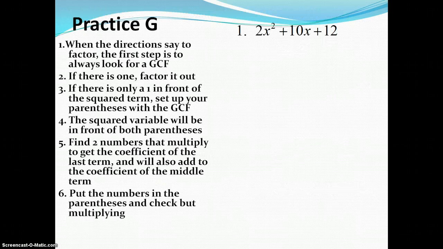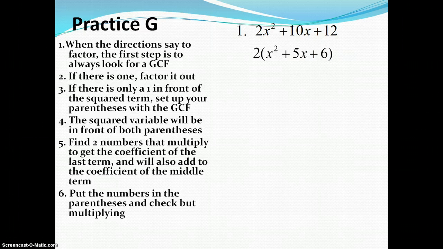The last thing we've got to look at is the factoring things down at the bottom. Just keep in mind that when you're factoring, the first thing you look for is a GCF. In this case, there is one. We take out the 2, and we divide everything by 2, and we end up with x squared plus 5x